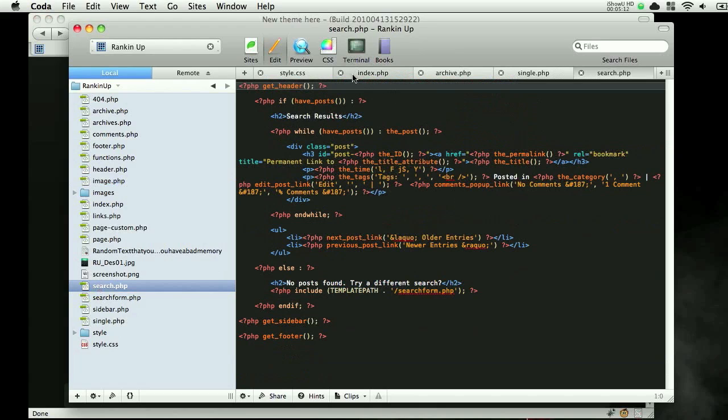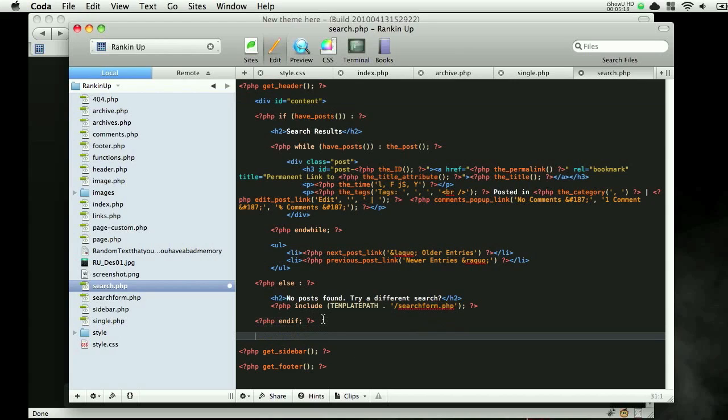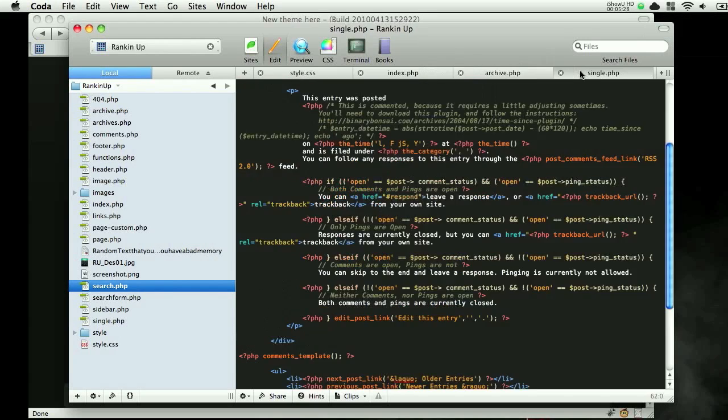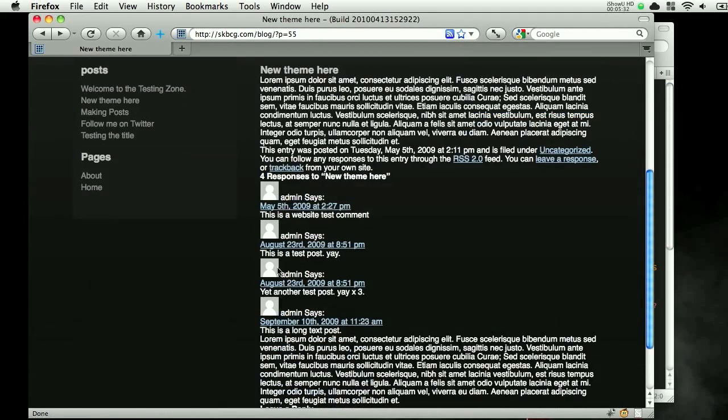I forgot about this one. For the search results, that's on a separate page as well. So you're going to want to do the same thing here. Upload that, and we can't check that one either because I don't have a search bar on the page at the moment. Okay, so let's go back to the single